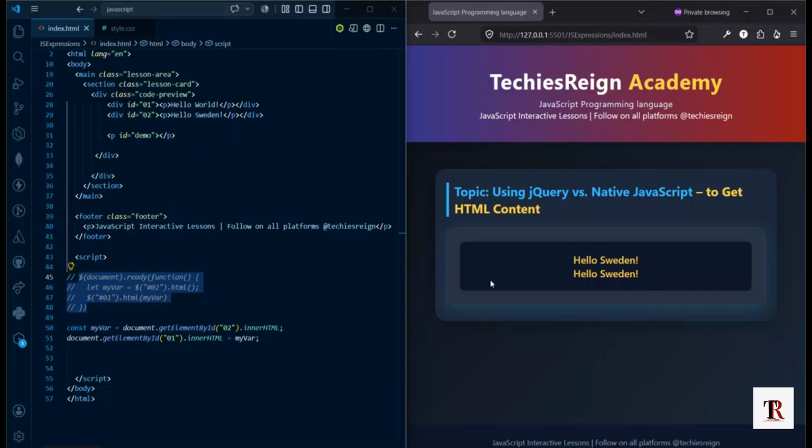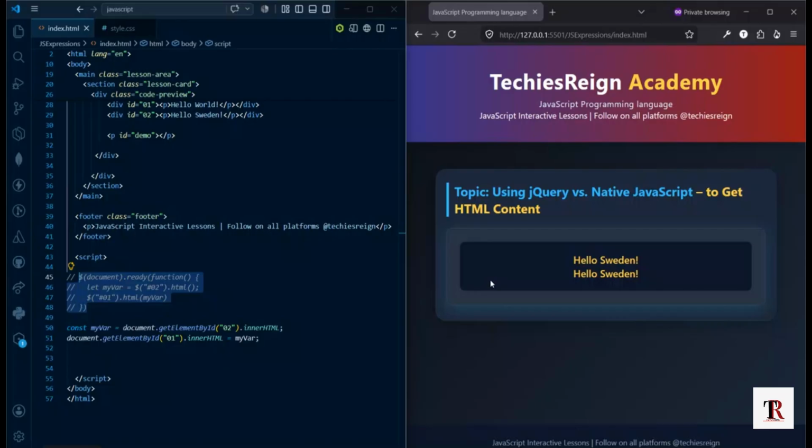So now let's quickly look at key takeaways from this lesson. Number one, reading with the HTML method or native innerHTML extracts the exact element tag along with the text, allowing you to replicate layouts perfectly. So this is only a text demonstration. We can as well replace layout in some instances if there is need for it in our code or in our application. Another thing is that moving from jQuery HTML utility to native innerHTML requires zero structural logic changes,